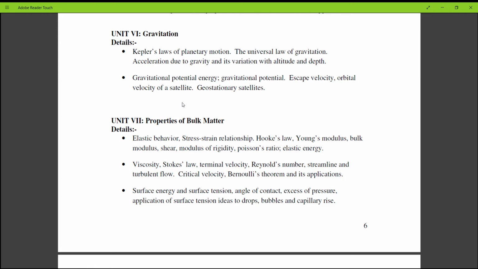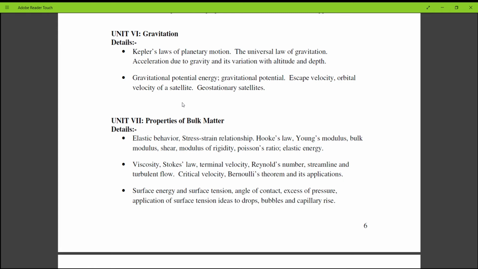Next unit is unit 7, that is properties of bulk matter. First topic, elastic behavior, stress strain relationship, Hooke's law, Young's modulus, bulk modulus, shear, modulus of rigidity, Poisson's ratio, elastic energy. Next topic is viscosity, Stokes law, terminal velocity, Reynolds number, streamline and turbulent flow, critical velocity, Bernoulli's theorem and